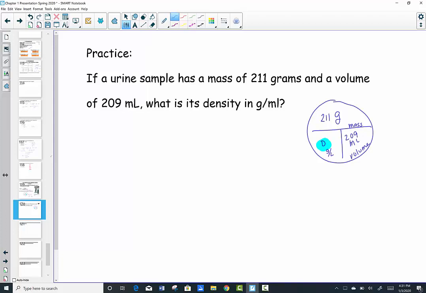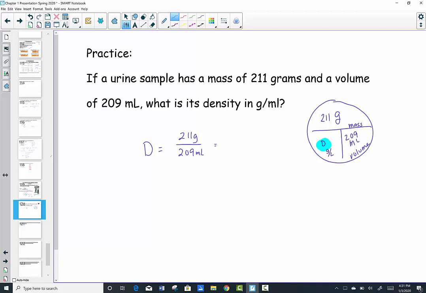So in the round little buddy, I just placed the numbers that were given to me. I had 211 grams as the mass. That's the top of the circle. I was given a volume of 209 mils. That's the bottom right of our circle. So I can clearly see to find density, I'm going to hit 211 grams divided by 209 mils. And when I simplify that,